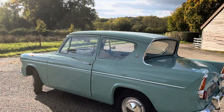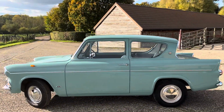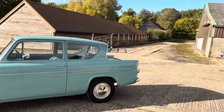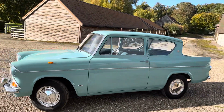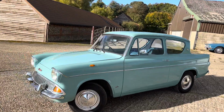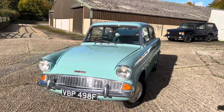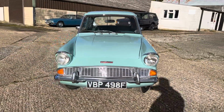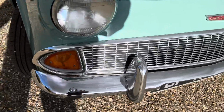The car did have a couple of touched up areas where it had been tucked away for many years, and I think pretty much every panel would have required a bit of paint work, so the decision was made by the previous owner to have the entire car painted, and a lovely job was done, and it has restored it to its former glory. This grille is in really good condition on the front, as is the chrome work on